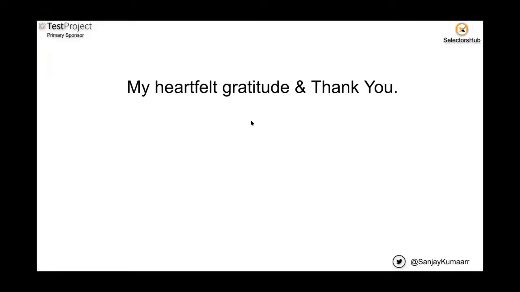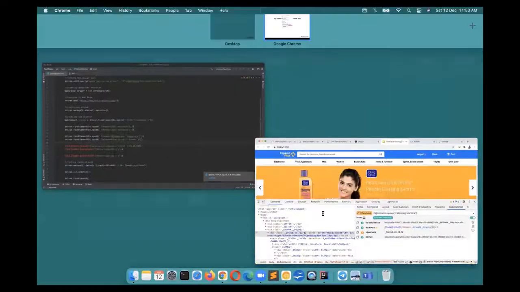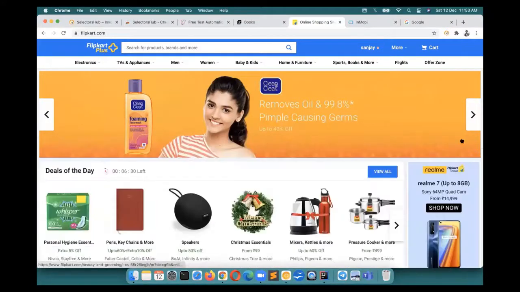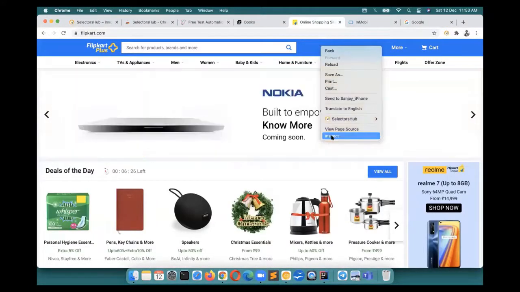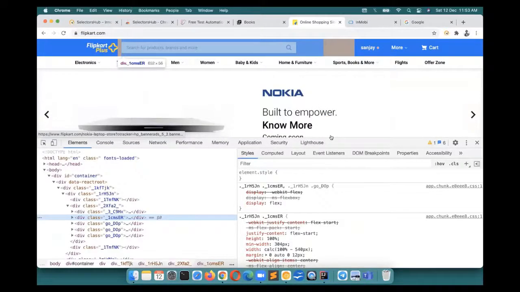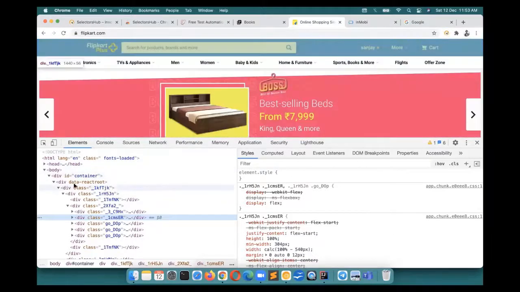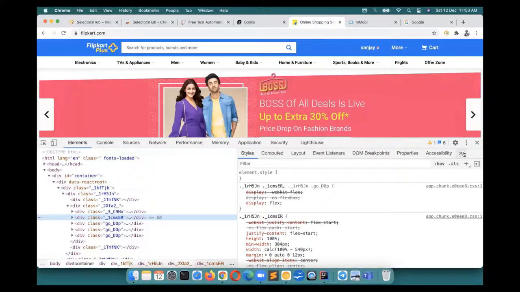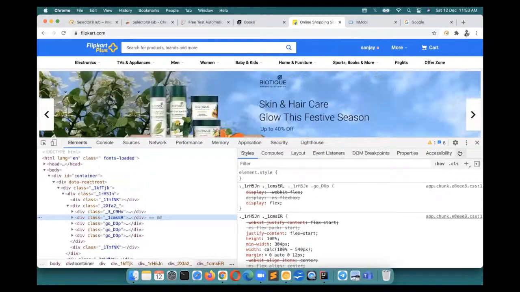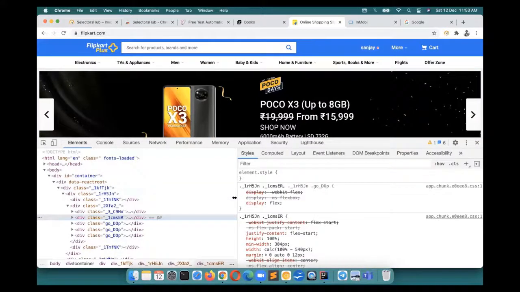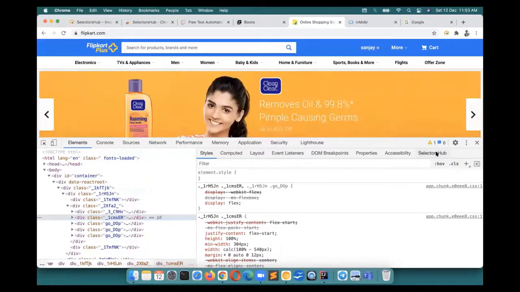What is the name of it and how can we open it? So I hope now you must have got it. After adding Selectors Hub in your browser, I would request you to restart your browser, or whatever tab you have opened, please refresh them. When you open dev tools, here on the left side you will find the Elements tab. On the right side there will be a couple of tabs and you might not be able to see Selectors Hub. Selectors Hub will be the last tab here. So I would suggest you expand this one, so you will always see Selectors Hub here.